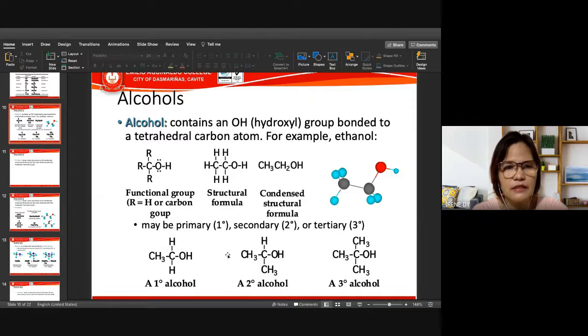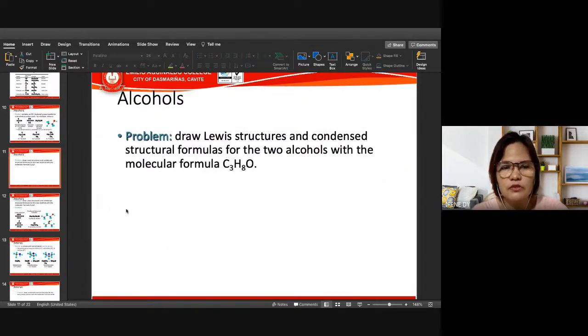So alcohol can be classified into 3, no? You had the primary, secondary, or tertiary. So how do you differentiate them from each other? Okay, so just by looking at the structure, tingnan niyo. How do you differentiate them? Okay. So, tingnan nyo ha. Okay, dito, ilang carbon ang nakadikit sa primary. Dito, ilang carbon. Okay. Dito, ilang carbon. Tingnan natin mamaya, no? Okay, so draw a Lewis structure and condensed structural formulas for the two alcohols with the